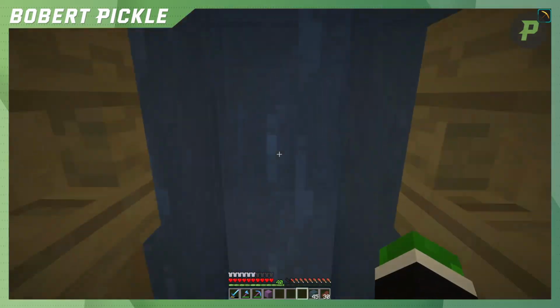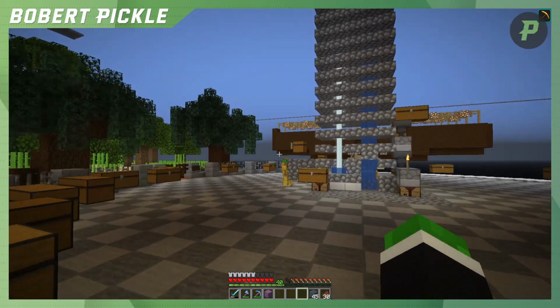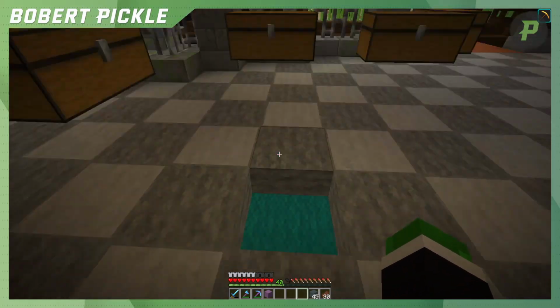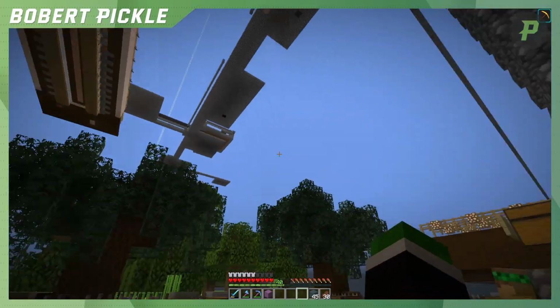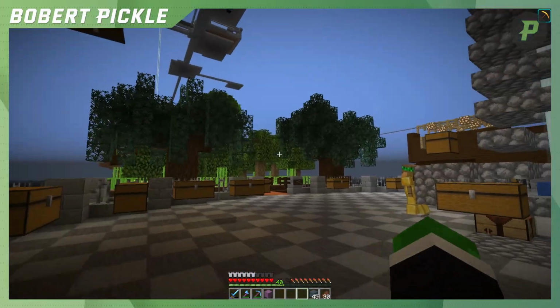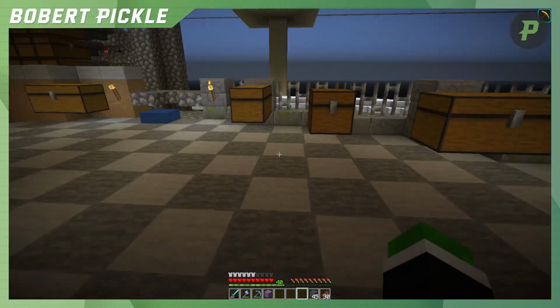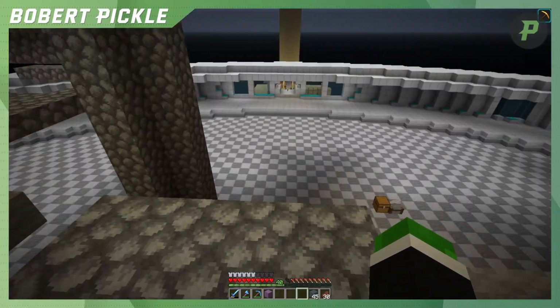If we just come up to here, I'll show you how I've added this. So this block here is where we're going to be adding all our hoppers that's going to go up here, and we're going to be adding more and more levels and floors on here with farms and stuff filtering into them. And this is where the filter is. So if we go back down,